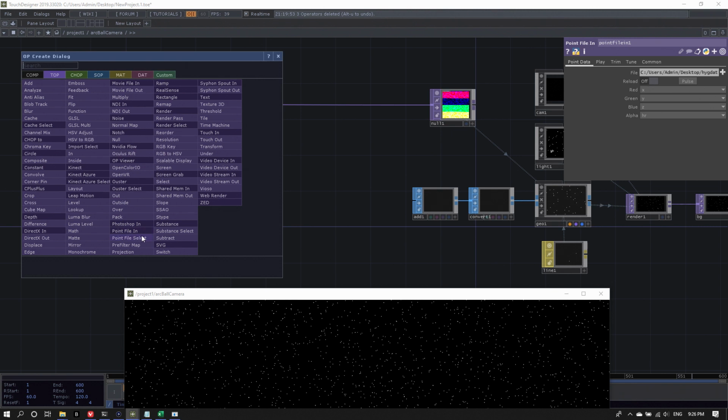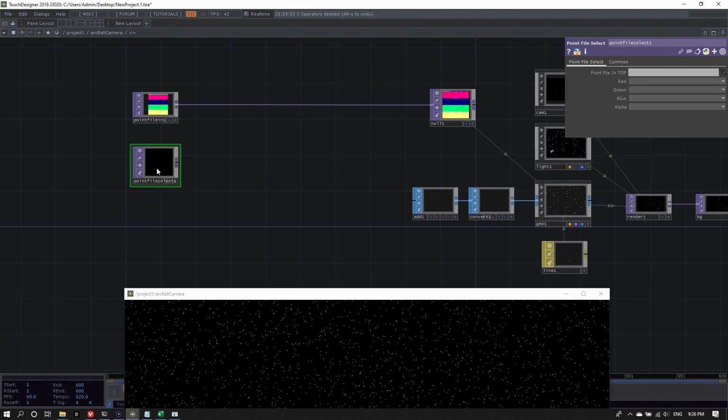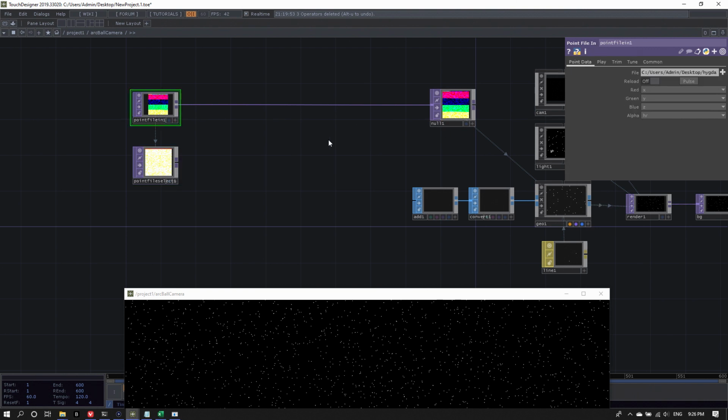So what you can find in the top family as well is not just the point file in, but also the point file select. Placing the point file select, it will require you to specify the parameters of point file in top. So I'm just going to use this point file in one top that I just created that has all my data. And then you have the same parameters below as on the first page of the point file in.